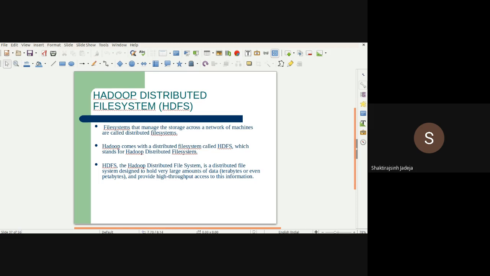Now, file systems that manage the storage across a network of machines are called distributed file systems. We even have network file system. If you want to do a little bit more research, if you have a Wi-Fi router at home, you can see if it has a USB port.